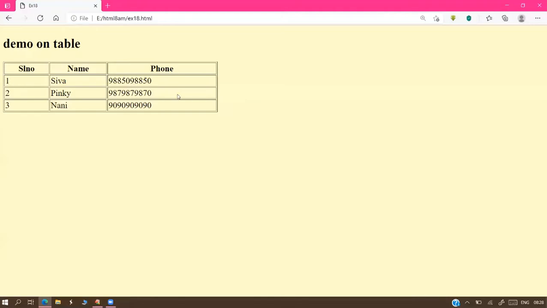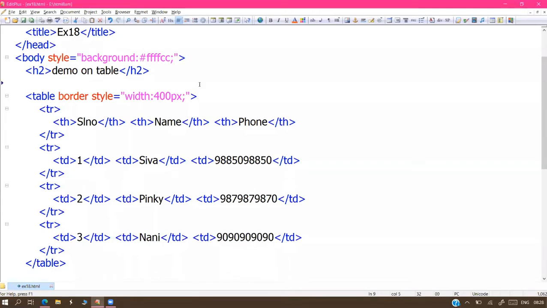Next, where does this table come, sir? The table comes on the left side of the screen, right now. I want to place the table on the right side or center, sir. Yes, we have two attributes. One is the align attribute. The second one is the text-align attribute. I already said a few days back, both are different concepts, not the same. Now you'll get the difference between these two.